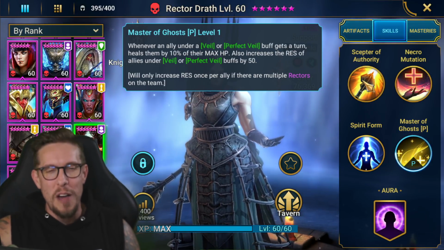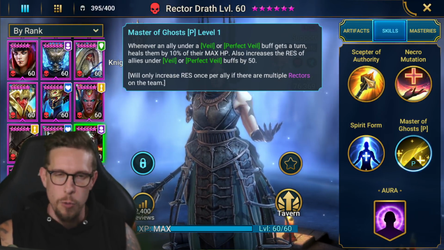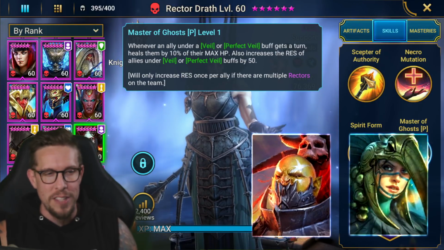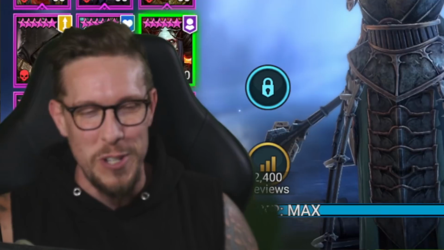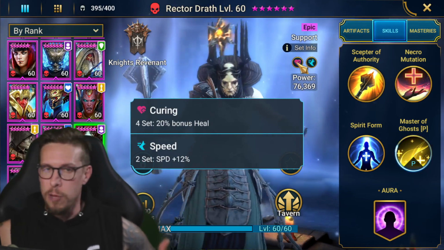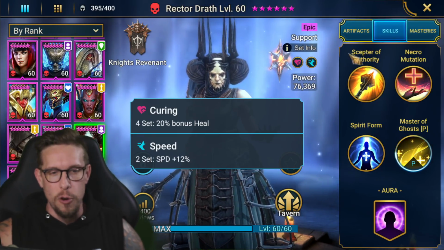So Rector Drath is a healing machine. She puts up the biggest heals I have seen, right there with Skytouch Shaman and Vrask. In my experience, because I have all 3 champions, Rector Drath actually can out-heal both of them, especially in a curing set, but you could say that about all 3 champions, couldn't you? Suffice it to say, guys, if you just want a lot of heals, you want your team to be fully healed all the time, having difficulty keeping your team alive, Rector Drath and curing is beautiful